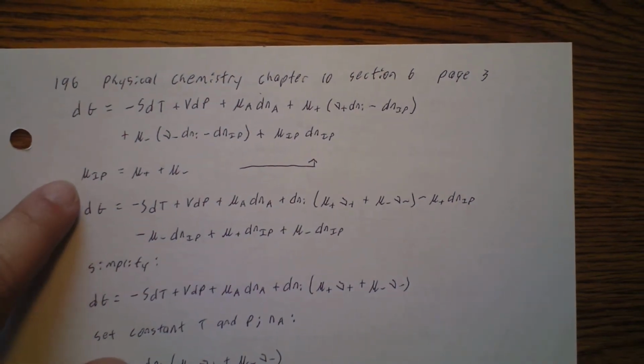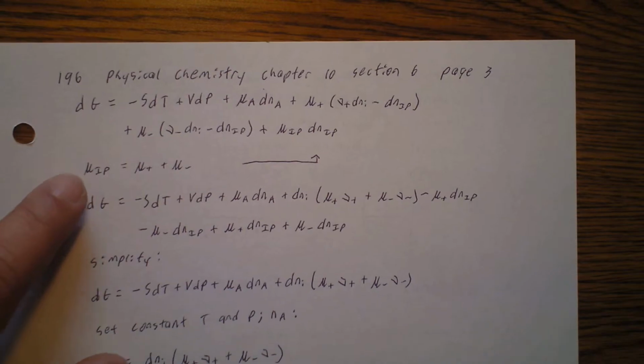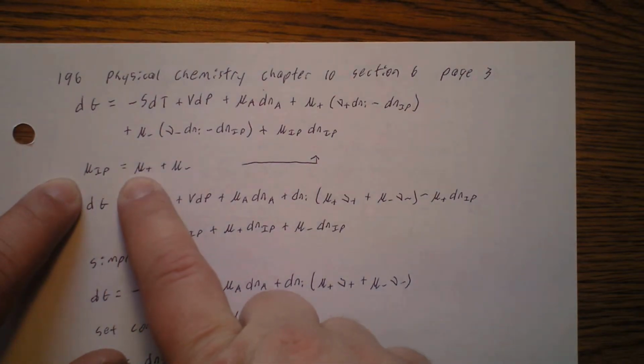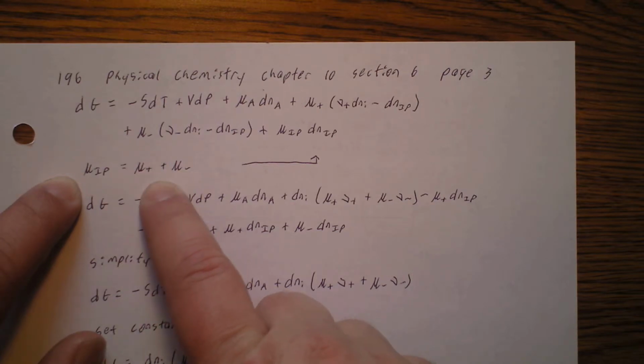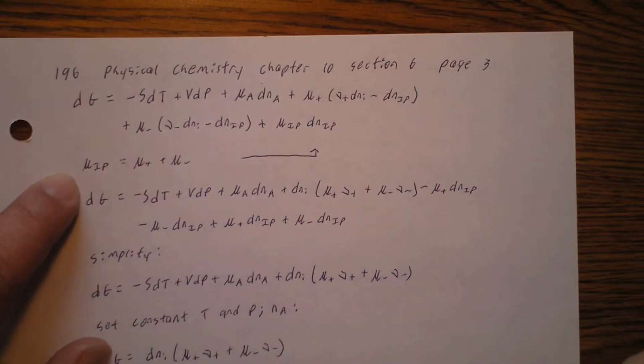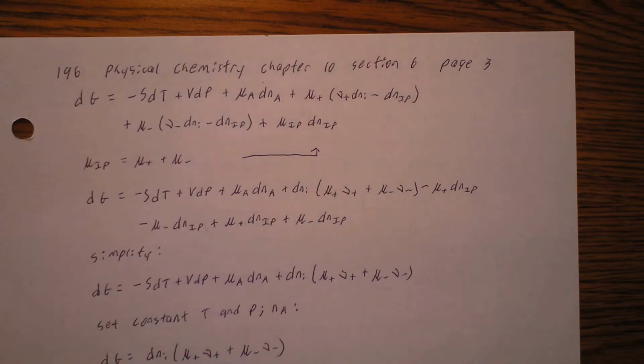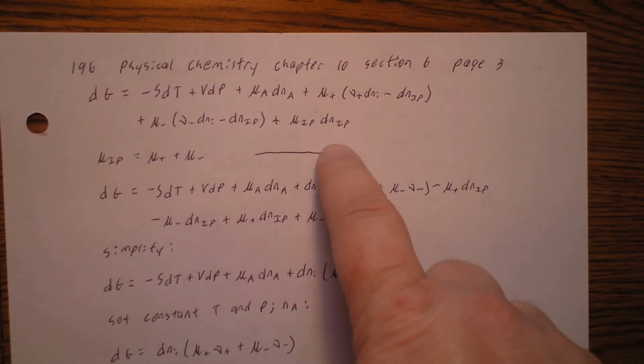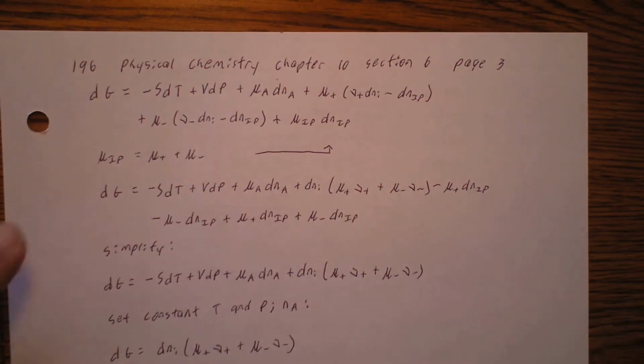Now remember, the chemical potential of the ion pairs is just going to be equal to nu plus times the chemical potential of the plus, plus nu minus times the chemical potential of the minus. Or that's for one ion pair. So we can substitute that up here. So we get